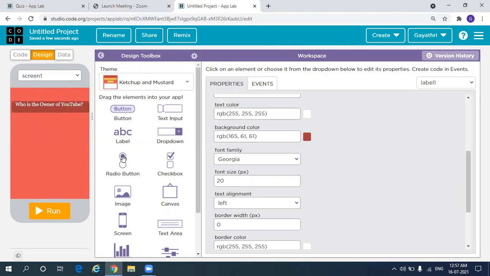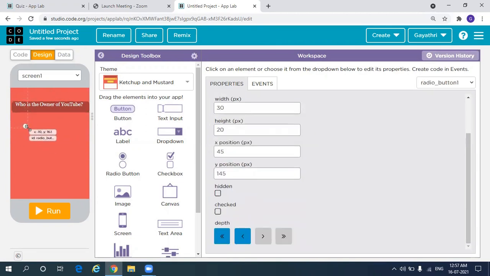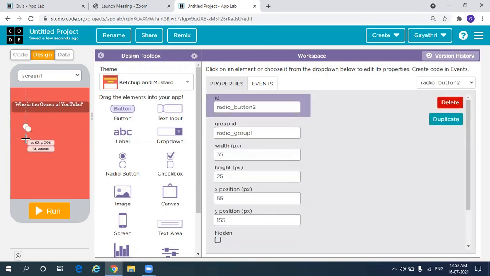Now go to radio button and drop it here. So we need to give 3 choices, right? So I'll enlarge that radio button and now copy, that is Control C and Control V 2 times because we have 3 choices, right? See, for every element ID will be unique. When you hover over that, you can see the ID of it. See, for this, the ID is radio button 1. For this, the ID is radio button 2. And for this, the ID is radio button 3.